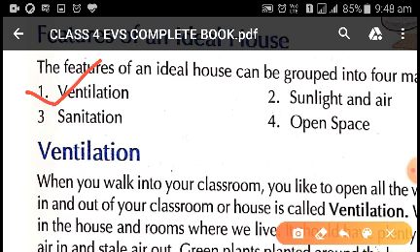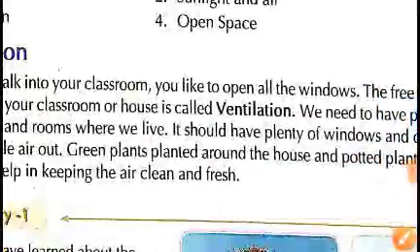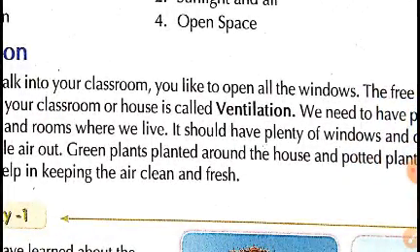So here ventilation is something where there is free flow of air into the house or the room. So ventilation means the availability of fresh air in a room or building.